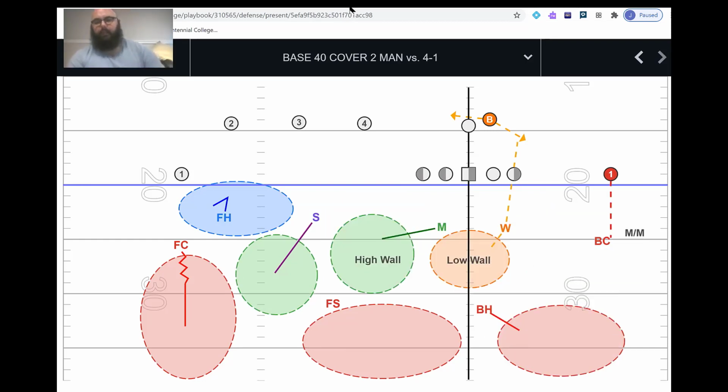Okay. So finally here, if you really need to keep it simple for your team, but you also like the security that 2 reads or cover 4 potentially gave you, or you don't want to give up either the underneath stuff or the deep stuff to the boundary, and you're willing to sacrifice a little bit of soundness versus the run to make that happen, which is going to happen when you play cover 2 man regardless of the formation